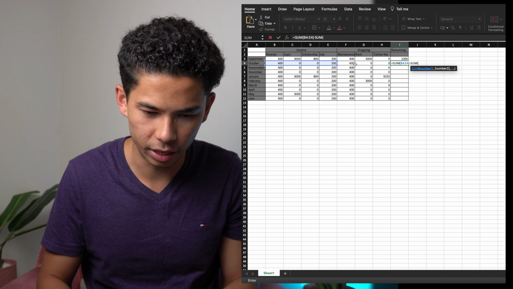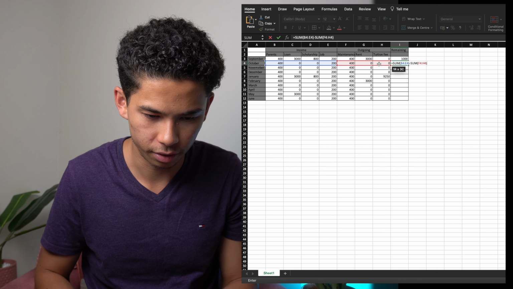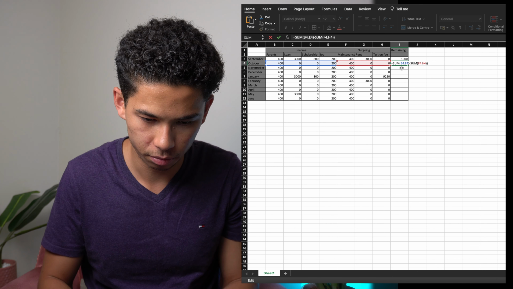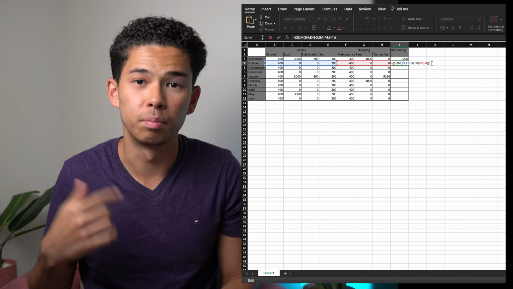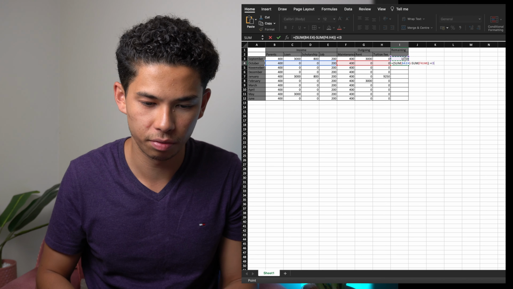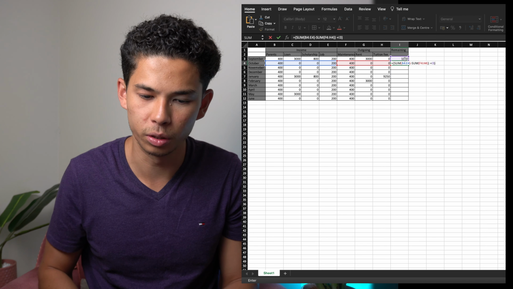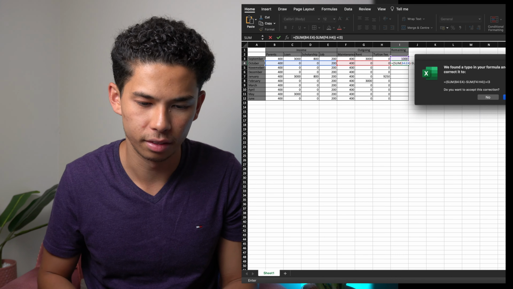Again, do minus sum this whole entire row. But what you want to do is plus the following month. So I'm going to add plus and then the month before, and close the bracket and click enter. So essentially again what that did is that it added up the total income for this month, minus it from the total outgoings of this month, and